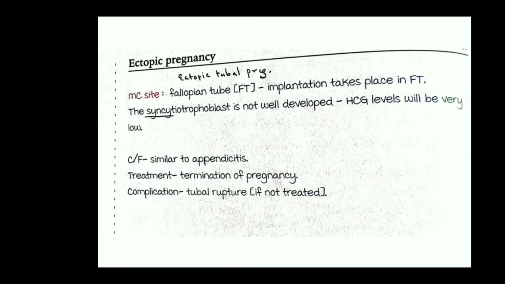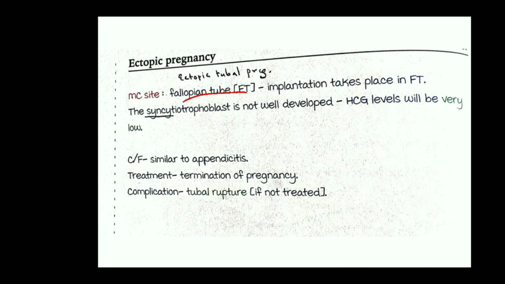So that was all about the first week of development. Now, an applied understanding of the first week of development. There is ectopic pregnancy, where fertilization takes place in the ampulla, but the implantation is supposed to take place inside the uterine cavity, the endometrial layer. But here the implantation is taking place elsewhere. The most common site of ectopic pregnancy is ectopic tubal pregnancy, meaning the implantation is taking place in the fallopian